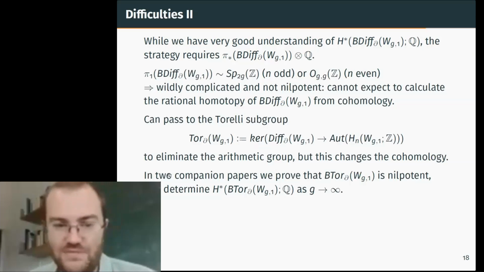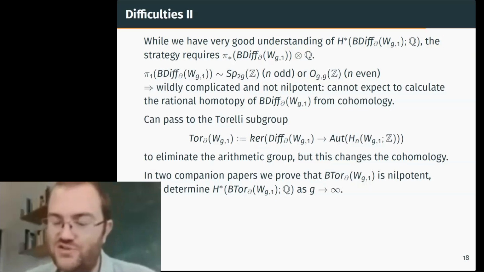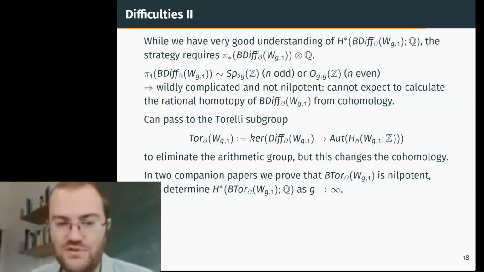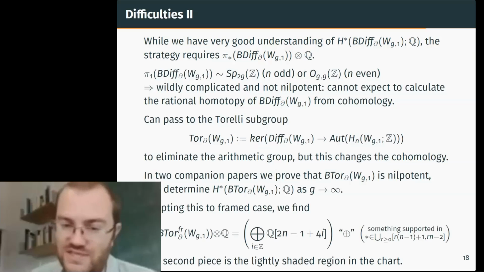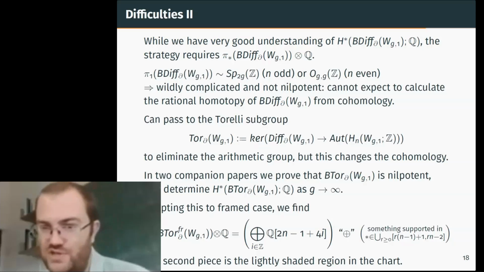And in two companion papers earlier, we proved two things about this Torelli space, or the classifying space of the Torelli group. We proved that it is nilpotent, so there is a good connection between its rational homotopy and rational cohomology groups. And we completely computed the rational cohomology groups in high dimensions, so in dimensions at least 6. So doing that, you can try to calculate the homotopy groups by an algebraic procedure, the so-called unstable Adams spectral sequence. And you don't succeed, you get again some ambiguity. But the main term you get is one class every 4 degrees, starting at 2n-1. These are exactly the orange dots on the chart.